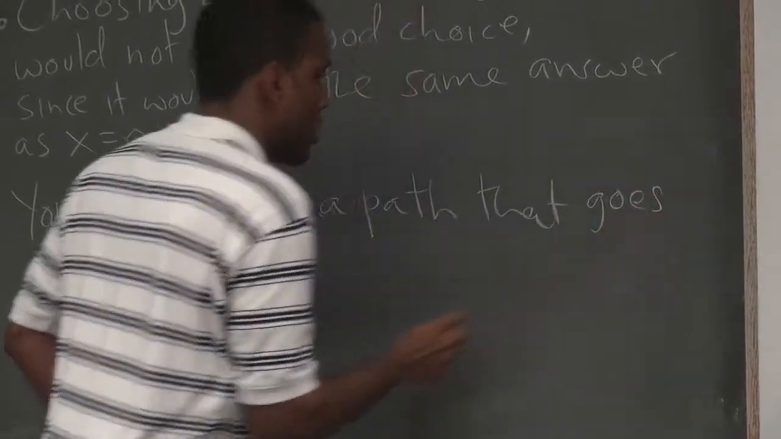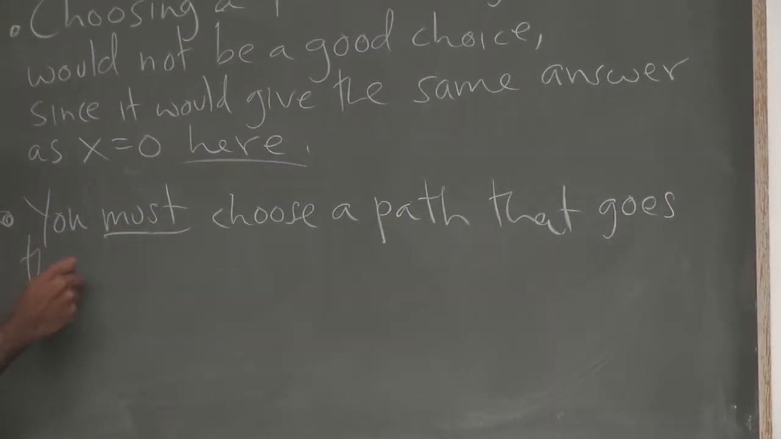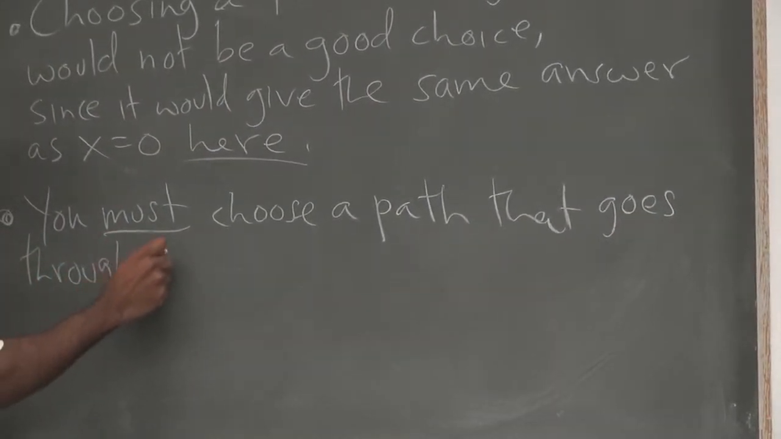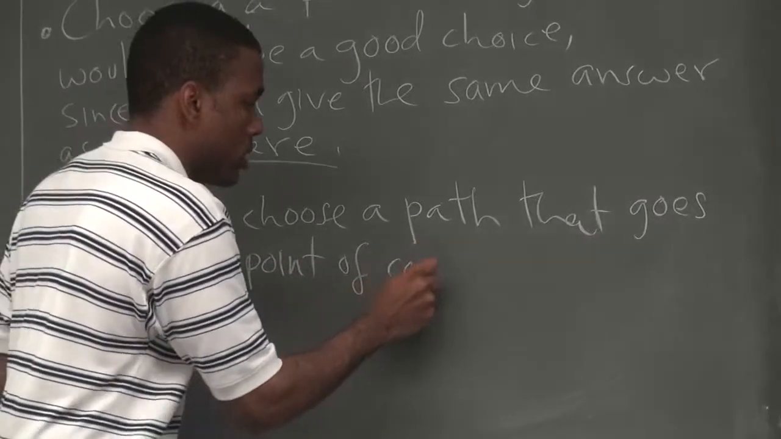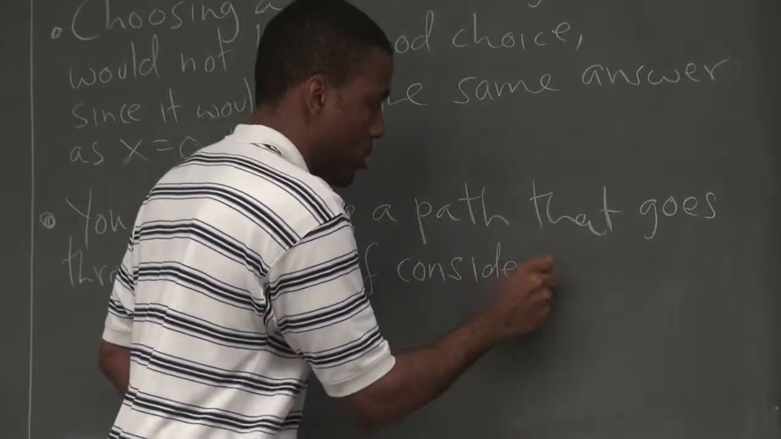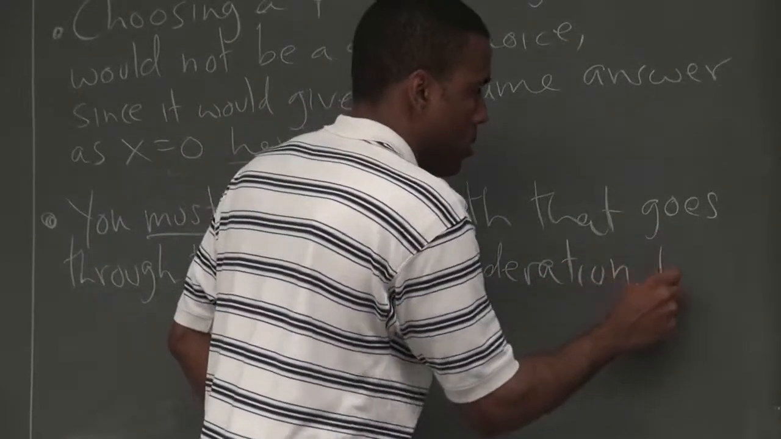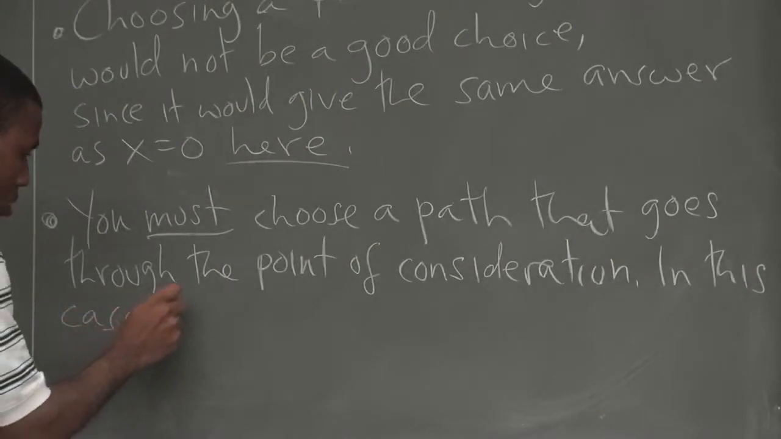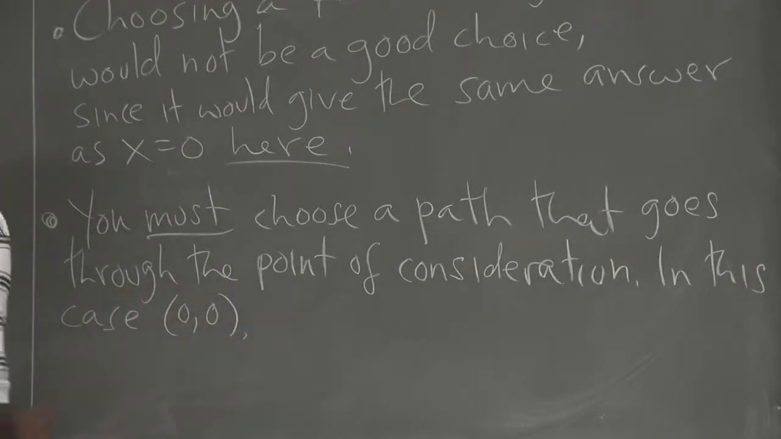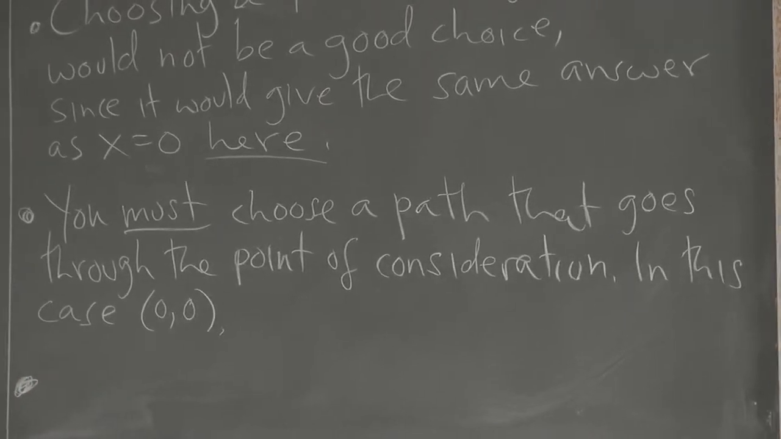Second point is you must choose a path that goes through the point of consideration. In this case, 0, 0. Another thing that you should be aware of,